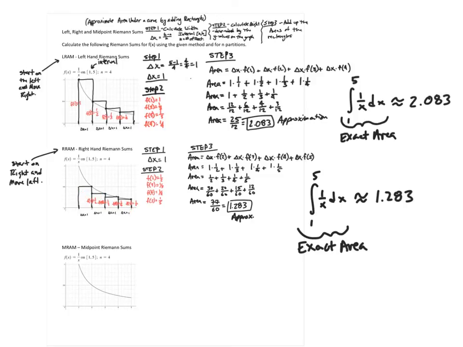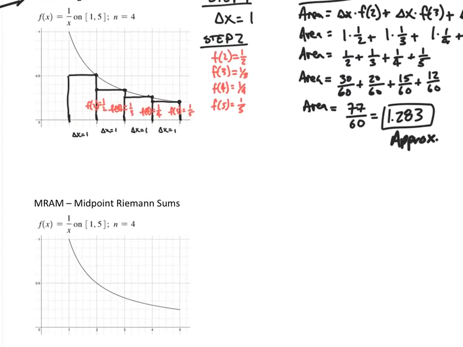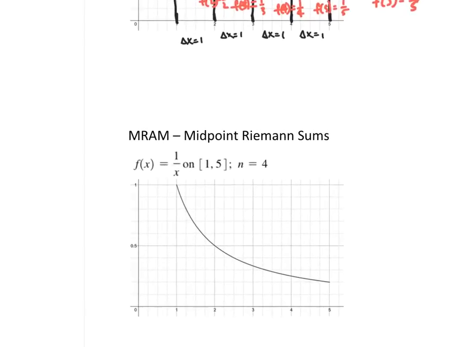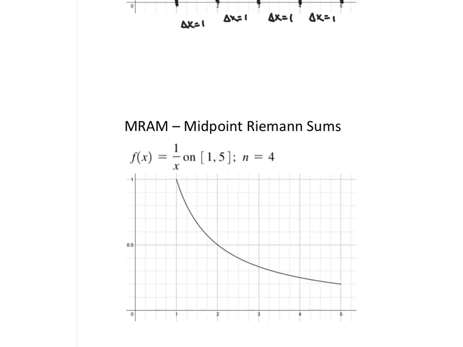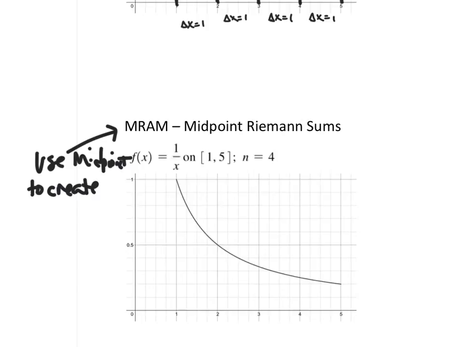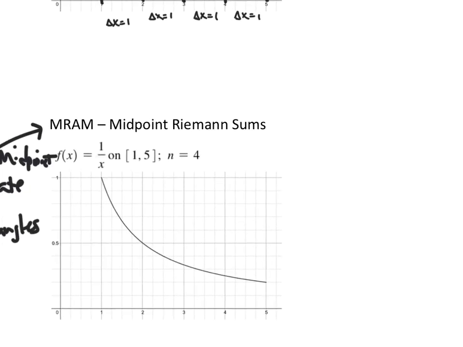Now what I want to do is I want to go through and do MRAM, and that's the midpoint Riemann sums, and that means that we use the midpoint. Okay, we want to use the midpoint to create our rectangles. Okay, and this one's a little bit trickier, a little bit heavier on the computation,